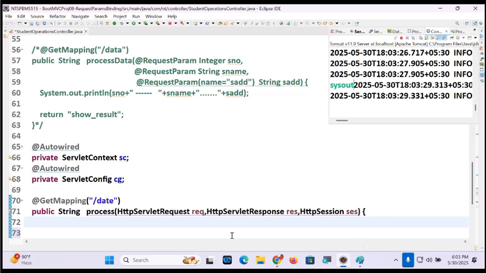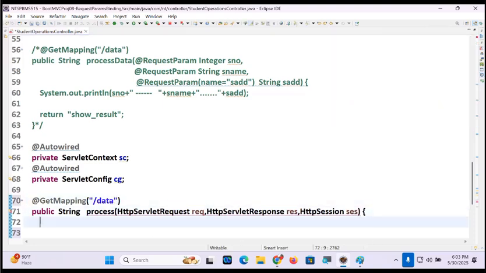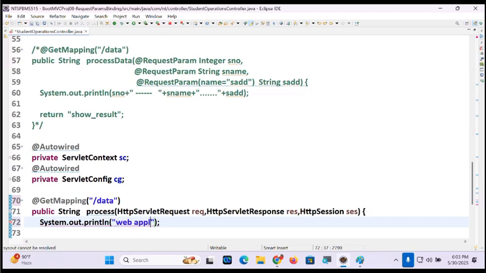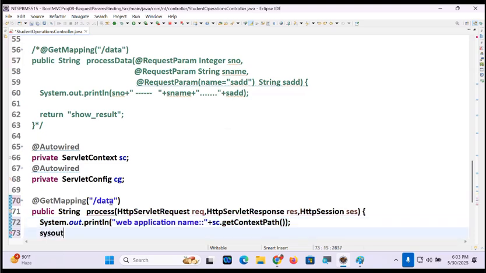Okay, now let's use that. Web application name: System.out.println with sc.getContextPath(). Are you getting my point, guys? That's the web application name. Next, the DS logical name.